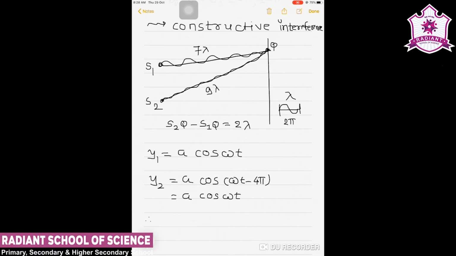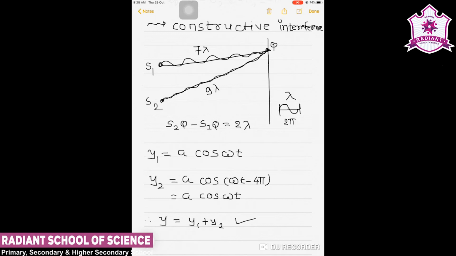So now when we get the y as a resultant from the superposition principle, we can have the maximum intensity at that point. We use the fact that a path difference of 2 lambda corresponds to a phase difference of 4 pi. Now the two displacements are once again in phase and the intensity will again be 4I0, giving rise to constructive interference.